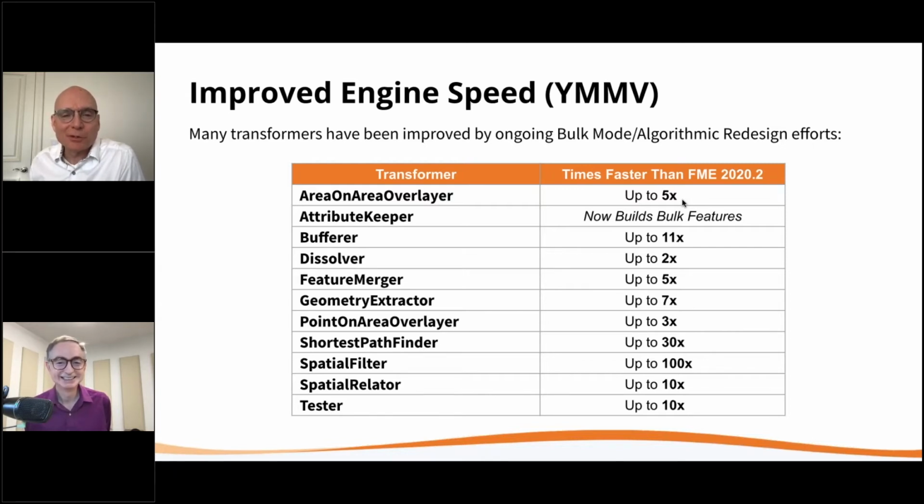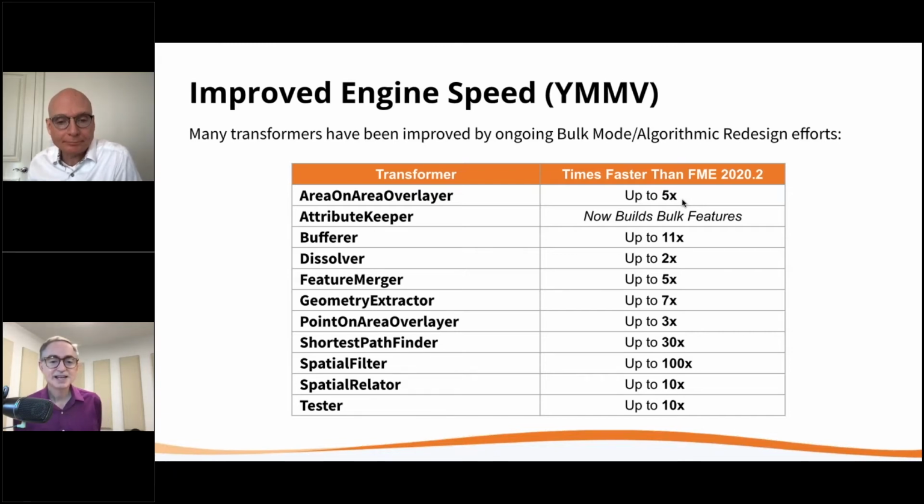It compares with FME 2020.2, in which throughout the FME 2020 release, we're making things faster and faster. And the shortest pathfinder is amazing because it is multi-threaded now. If you are running on a chip with 64 cores, it'll use them all, and if you're running one with 8 cores, it'll run on those. That's another thing you're starting to see us do to handle these large data volumes: multi-threading.